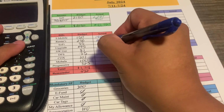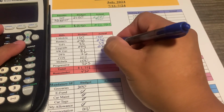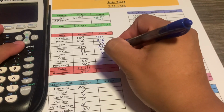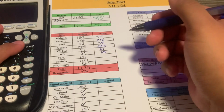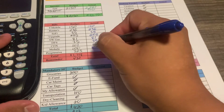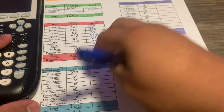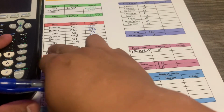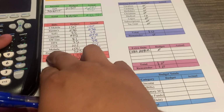So Upgrade $655. Southwest Gas can be $81. Discover Financial $35, the minimum. Cox Internet we are doing $101. Mohela $100, and we do have Progressive, but I'm going to use my Discover card to pay Progressive, and the